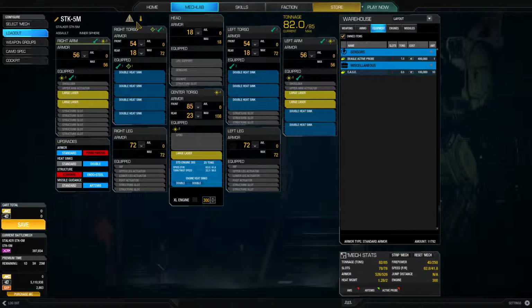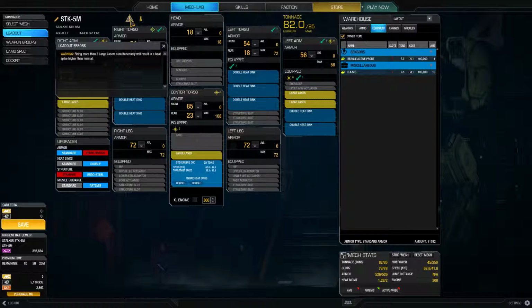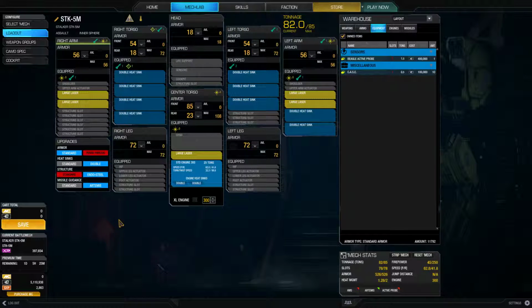Up here, the warnings have changed. Now it's just telling me that it knows I've loaded up a lot of lasers, and it's just warning me that if I fire more than 3 of my lasers simultaneously, I'll incur a heat penalty. But that's okay. I'll set it up so it won't fire more than 3 lasers at once. That's not a problem. Because I've only used equipment that I already owned, I haven't had to dip into the store, so it isn't costing me any money. So I'm just going to save,